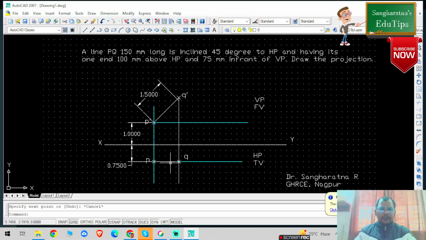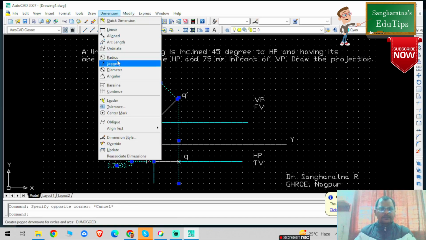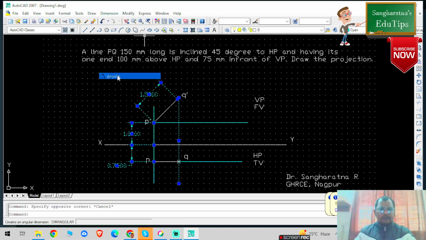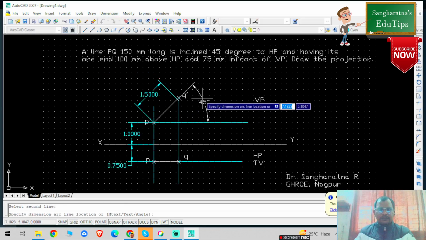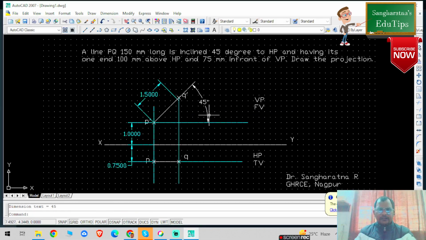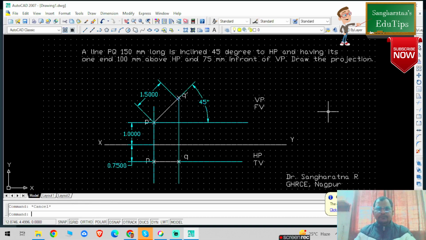Now convert these projections and dimensions to cyan color. I forgot to give the angle. How am I going to give the angle? In the dimensions there is an angular toolbox. Just click on this line, click on this line, and you will see this is a 45 degree line. Just click this angular dimension and convert it into cyan color. So students, this is the solution for a line PQ 150 mm long, which is inclined 45